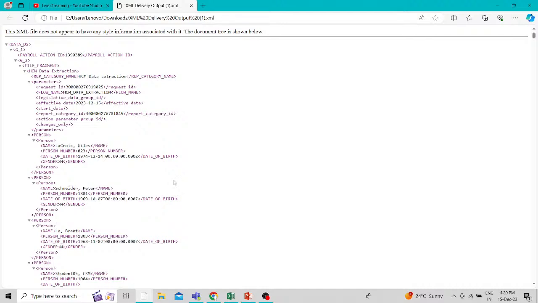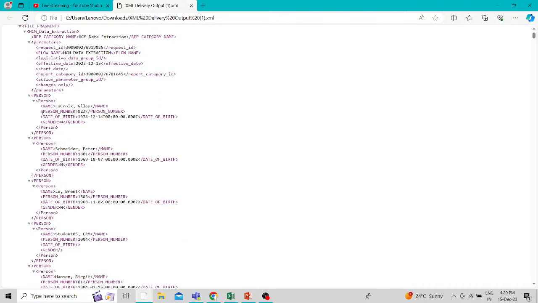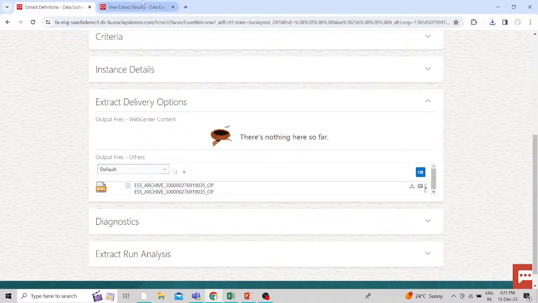Okay, here you can see our extraction. Here we can see the person number, right, the name, the date of birth, and the gender. This is the XML format, because here if we go